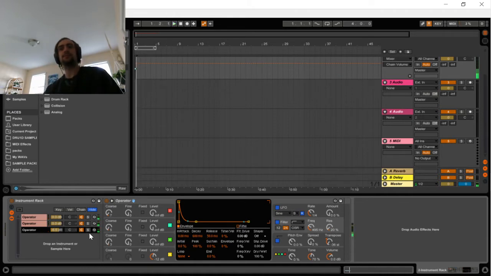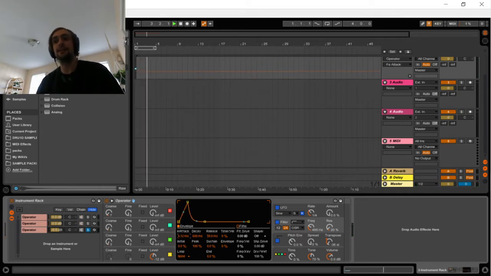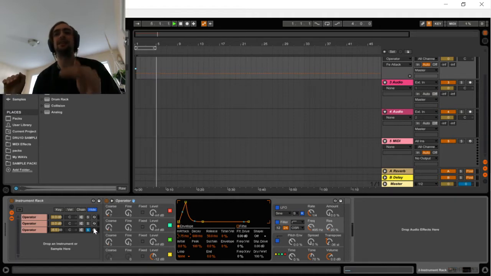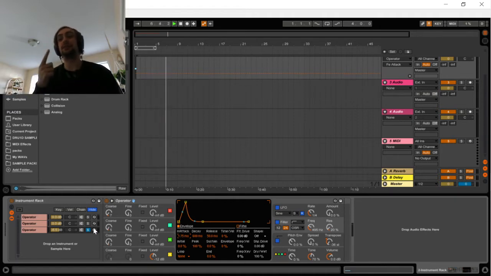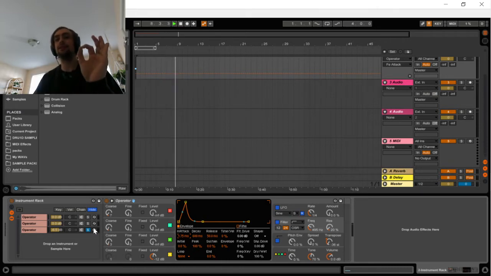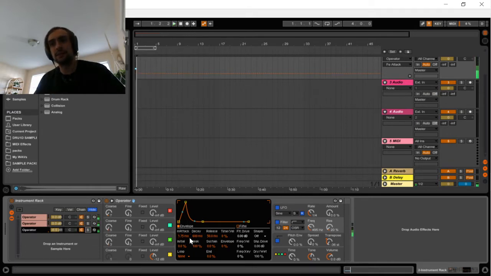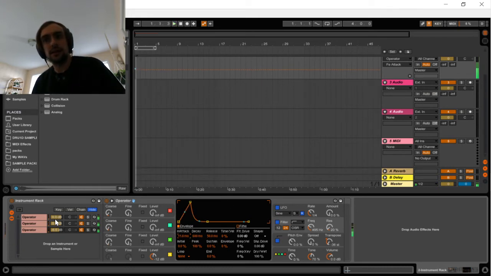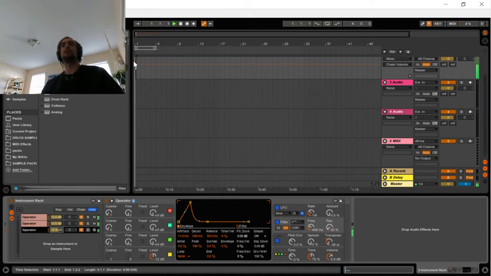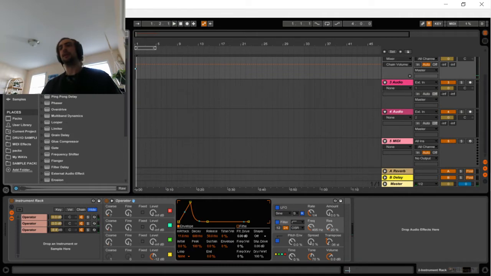and with this one, you want to fade it in with the attack here. And the reason being is because we don't want the tail to conflict with the clarity of the fundamental and the click. So we want a strong fundamental and then a nice tail afterwards. So alright, here we go. So now that we've got these three basic pieces,